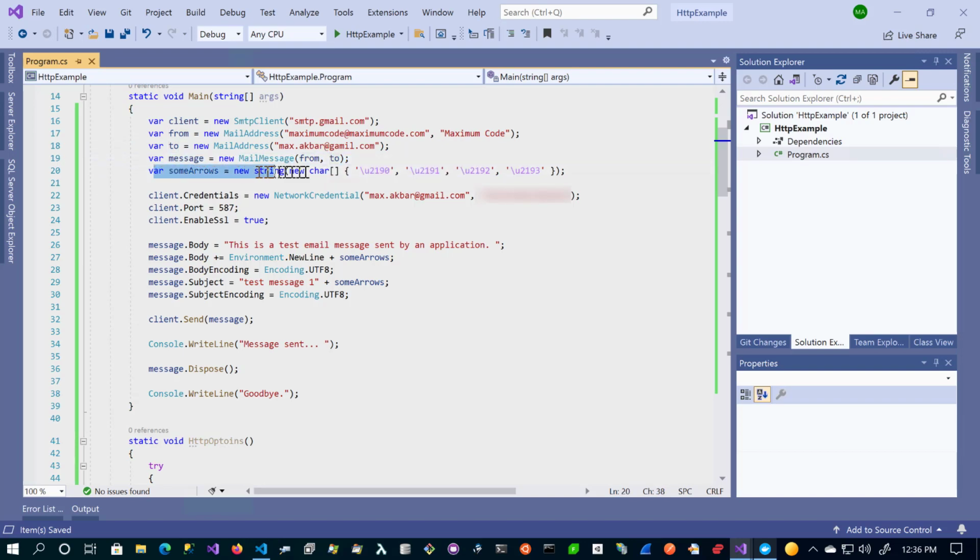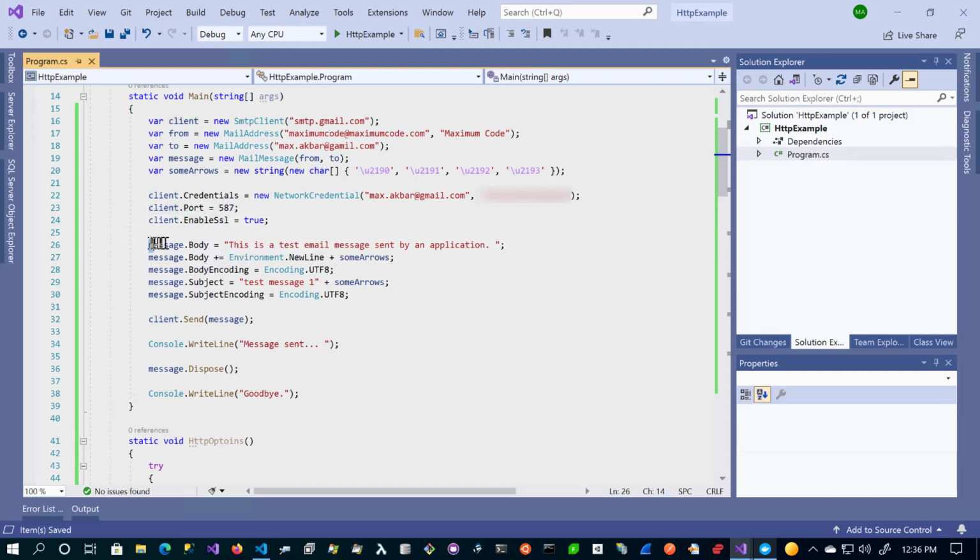And then we have this little string, and this is to showcase that you can add symbols, and these are the arrow characters, and we'll see how this is going to work. Next, we need to have our credential. In order to use Gmail, you need to have your username and password, and we'll show you how to set that up in Gmail. Next, you need to have the port. We're going to be using not the default SMTP port, it's the 587,